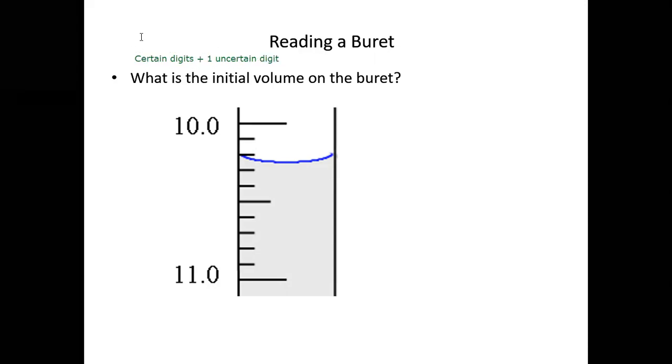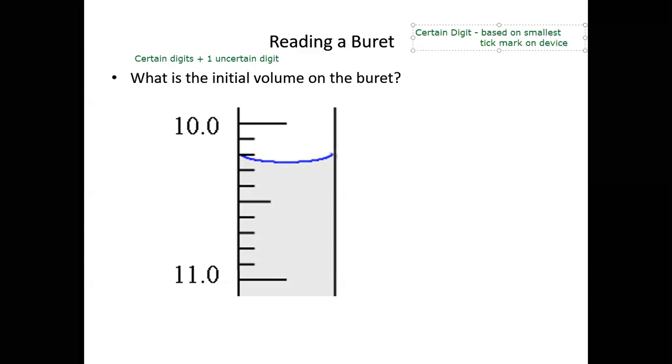And so the certain digits are based on the smallest tick mark on the measuring device. So you look at your device, you determine what the smallest tick mark represents, and that tells you how precise